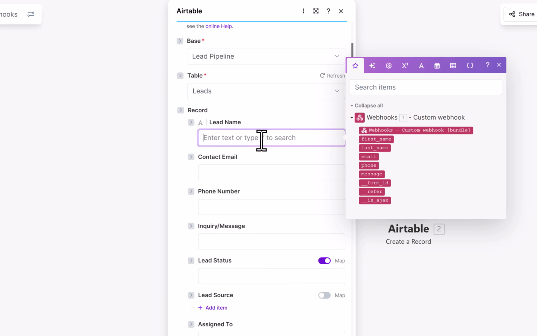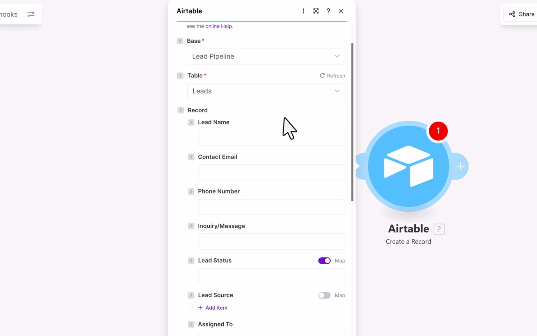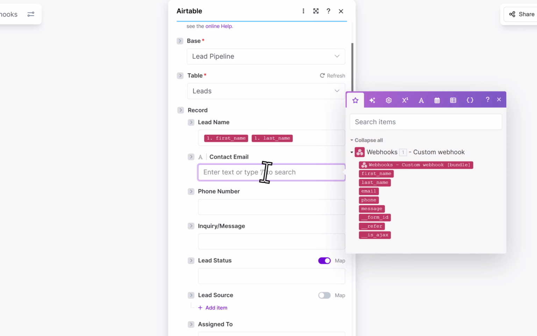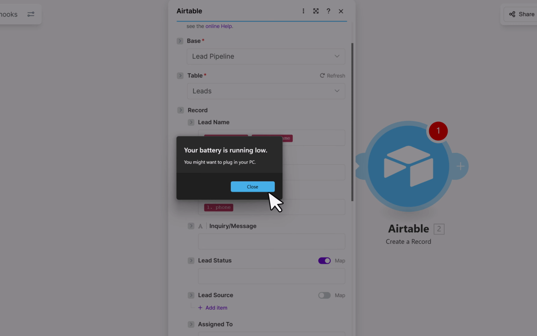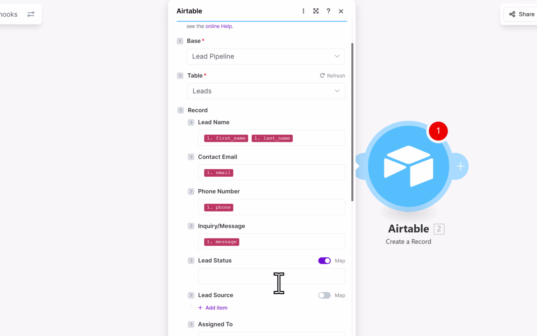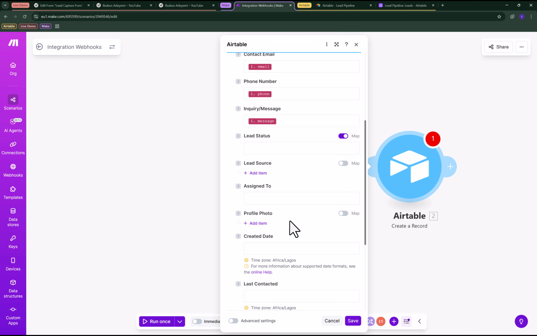And then the next thing I want to do is insert the variables. Click on this, and I'm going to drag in the variables. The lead name should be the first name and last name, right? So I'm going to drag in first name here. Make sure you insert a space and the last name. Okay, then here I want to insert the email address, drag it in here, and the phone number, drag in phone. And lastly, the message. I'm gonna drag this in. Okay, the lead status, source, assigned to, this is meant for the marketing team, so I'm not gonna do anything here. Okay, I'm gonna hit save